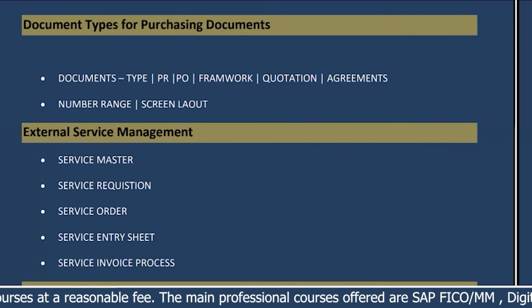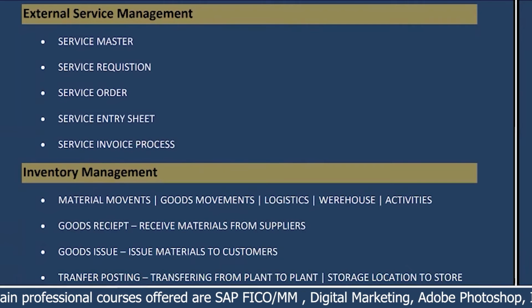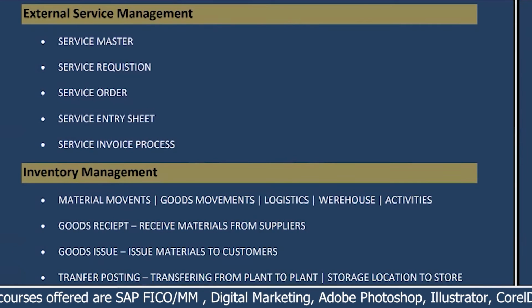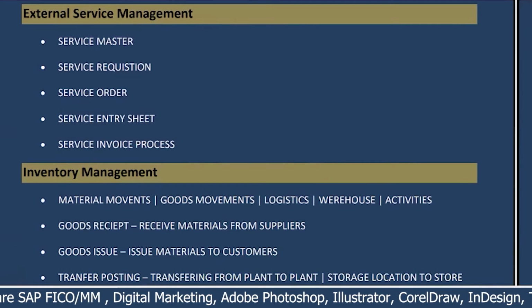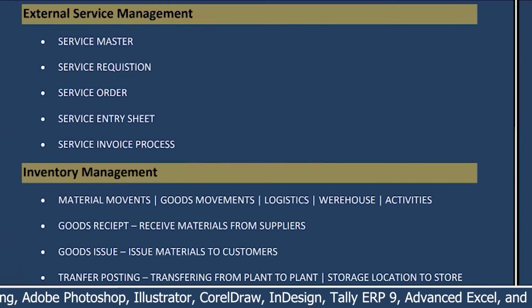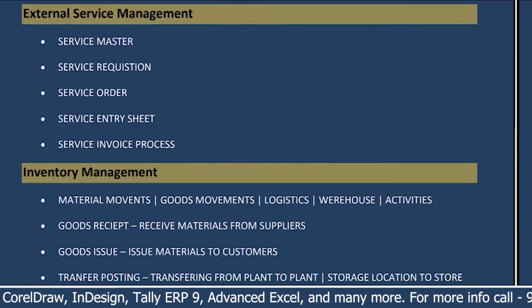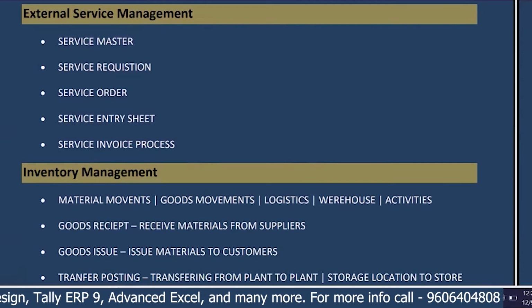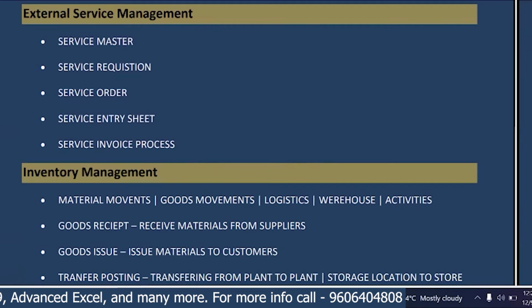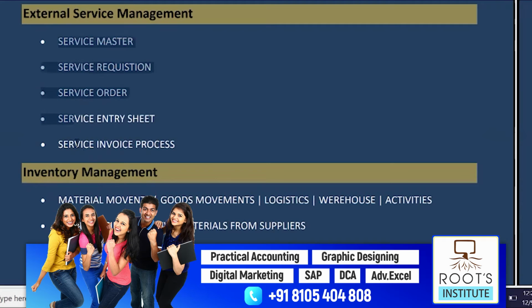Okay. Then coming to external service management, that is service procurement. So service procurement means you can take any general services. You take electrical services, machinery maintenance, okay, IT services, laptop service, printer services. All the service related we maintain under external service management. We also call it service procurement. So we have the process flow, and we should know the process flow clearly, along with the transaction area.